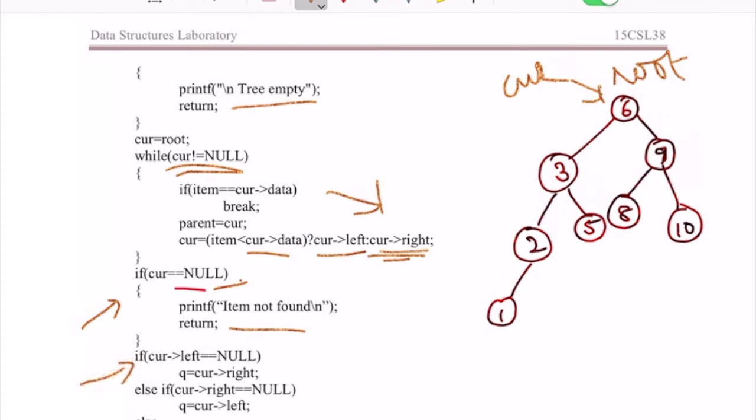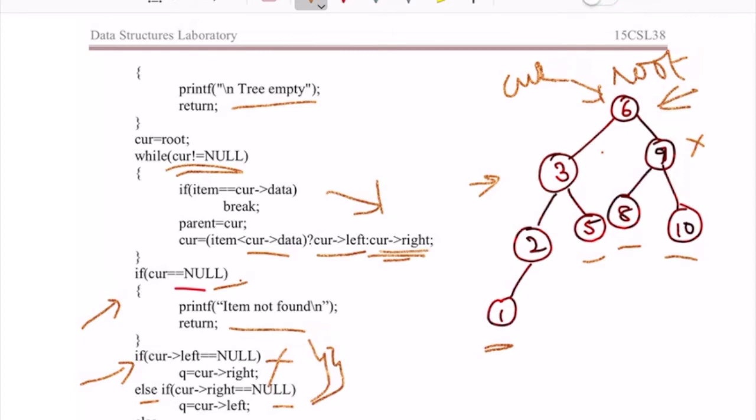You are checking if current's left equals null. That condition fails because the current has a node to the left. You are checking if current's right is equal to null, and even that is not the case. This is used to check if it has child nodes or not. We saw some scenarios where it has no child nodes or only a single child node, so both are checked here. If you come to the else part, it indicates that it has both the child nodes, as is our case.